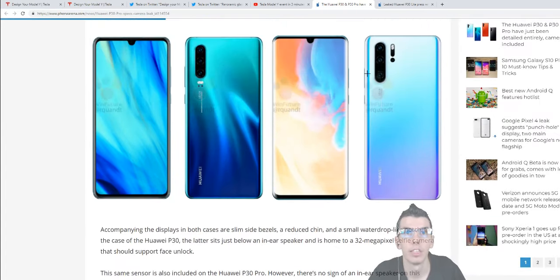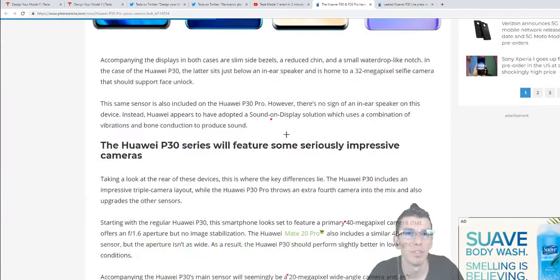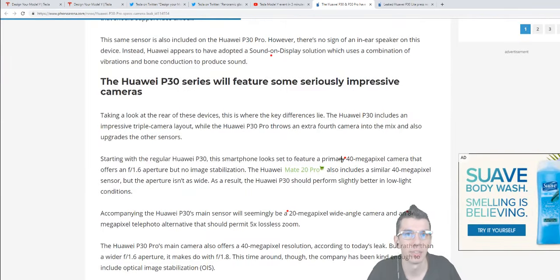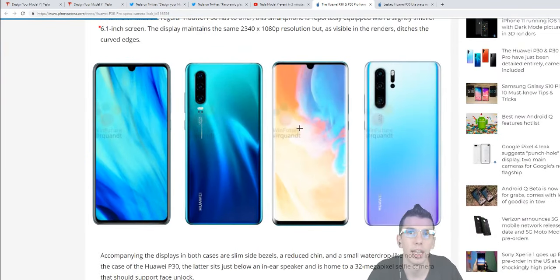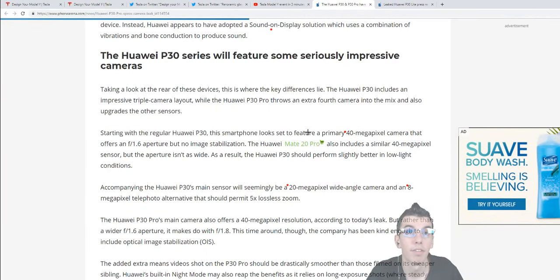And then there is a 32 megapixel selfie camera, it looks like, again, for both versions. And that's where we start to get some of the differences with the actual cameras. So it looks like 3 cameras on the rear of each, and possibly a 4th little something camera going on. But we get to see that the P30 is going to have a